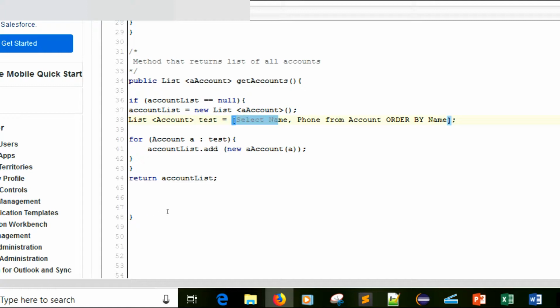And we want to set this equal to the results of this SQL query. So we're going to go and search in the database and go select name and the phone number from accounts, and we want them to be ordered by name. So this is basically what the list is going to consist of. It's the name as well as the phone number for accounts. And then what we want to do, we want to iterate through the results that we get back from this